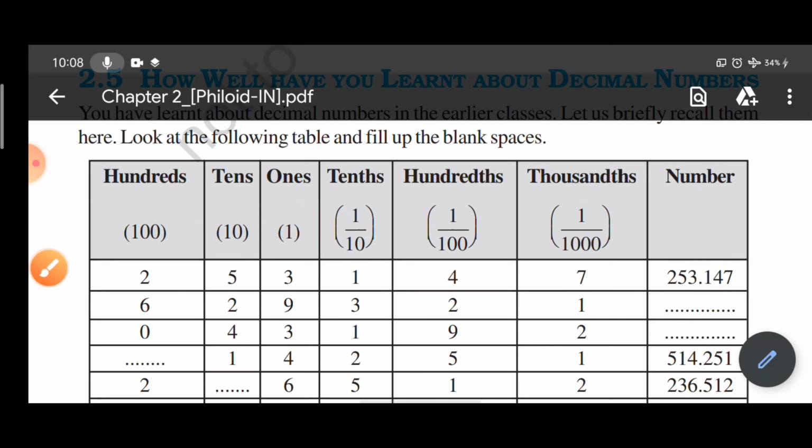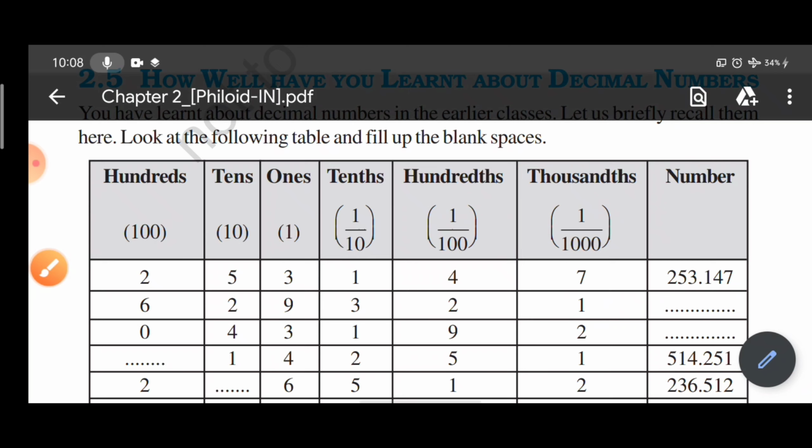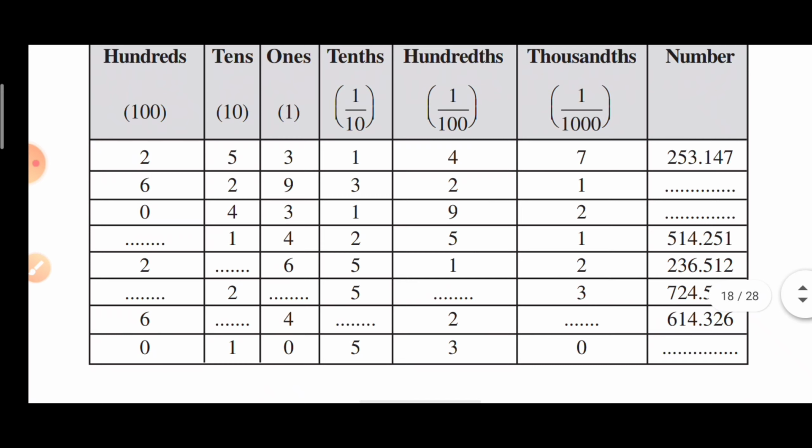Now again the next value, 4, is written after two places, that is it is written like 4 by 100, so it represents the hundredth position. So in that way you have already learnt how you can place decimal values on the place value chart. Here is a quick revision for all of you on how you can indicate the place value of particular numbers in this place value chart.